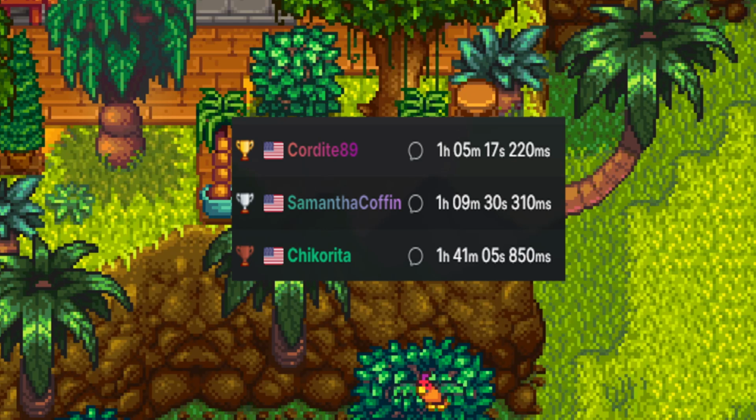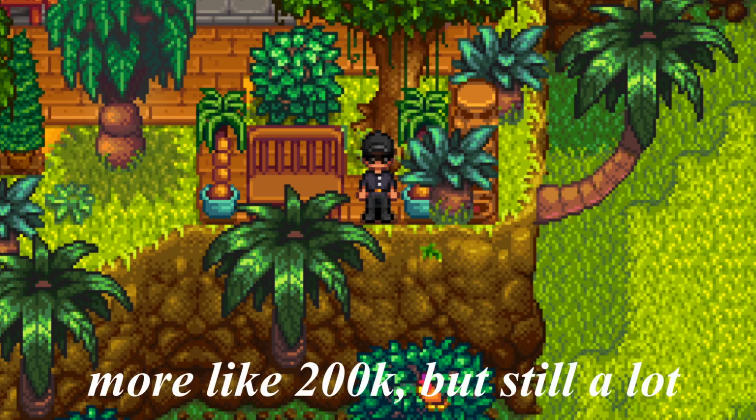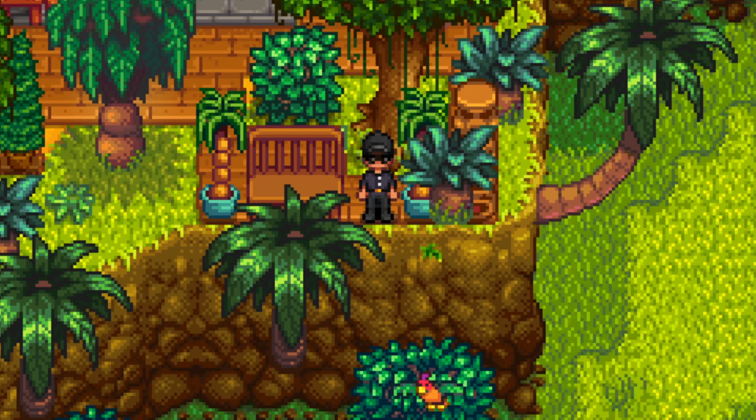That means that if I was at world record pace, I needed to get to Skull Cavern floor 100, and during that time somehow also make enough coins to upgrade all the tools to iridium, which is like 350,000 gold, I think, something like that, 300,000 gold. It's a couple hundred thousand gold, and all the materials, because even if you get to Skull Cavern floor